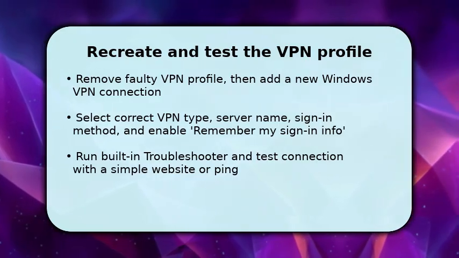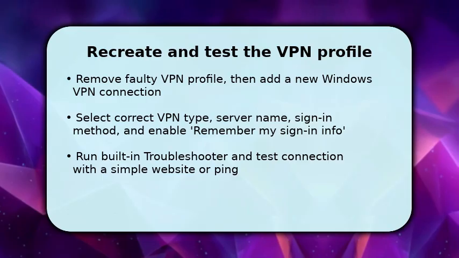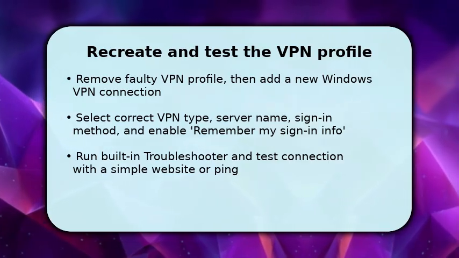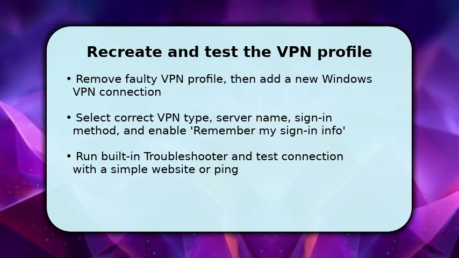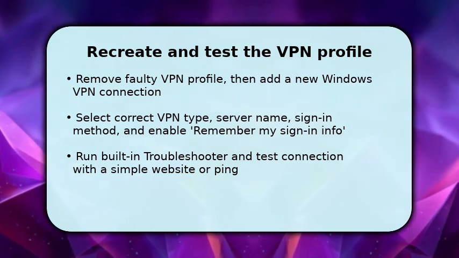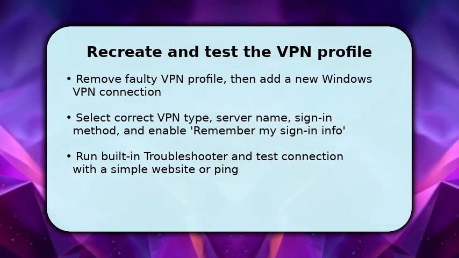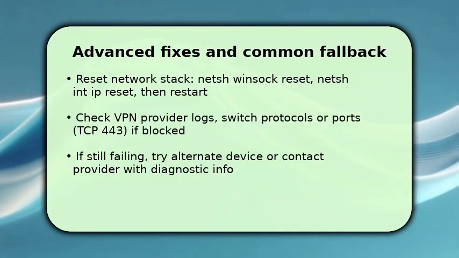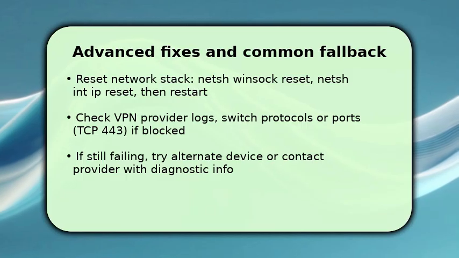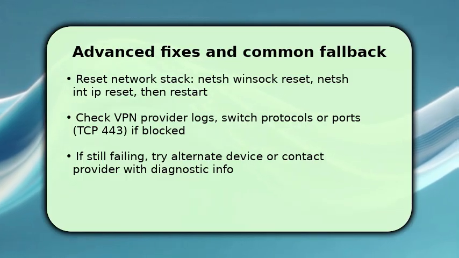After saving, run the network adapter troubleshooter to detect issues. Then connect and confirm reachability by visiting a simple website or pinging the server. This proves whether DNS is working. Finish with advanced fixes and a clear fallback plan. Run an elevated command prompt and execute netsh winsock reset and netsh int ip reset, then restart to clear corrupt